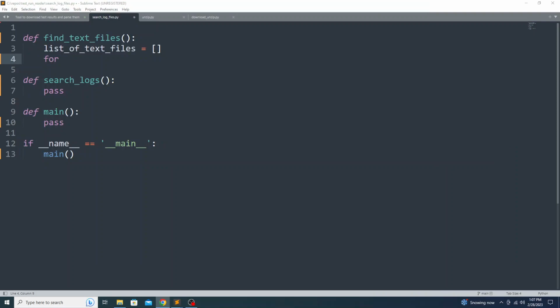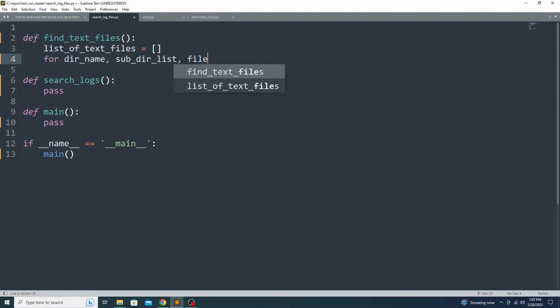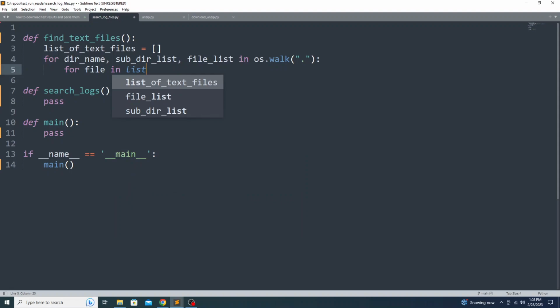So having said that, we're going to do directory name, subdirectory, and file list. So we're going to find all of the directories, all of the subdirectories, all of the files in os.walk. And I'm going to start it at wherever the location is. All right, so from there, for